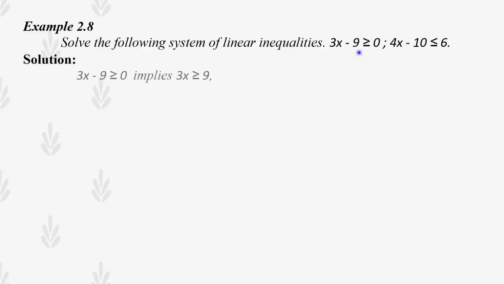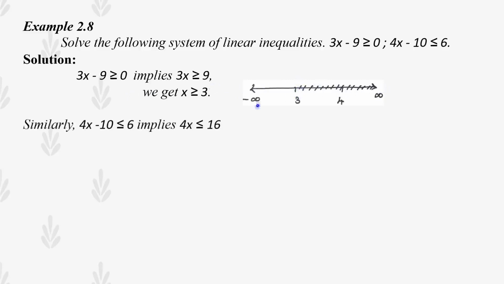Here the first inequality is 3x minus 9 greater than or equal to 0, which implies, taking minus 9 to this side as plus 9, we get 3x is greater than or equal to 9. From that, x is greater than or equal to 9 divided by 3. After cancellation, we get x greater than or equal to 3. On the number line, this is 3, and greater than or equal to 3 means after that 3 we have to shade. Next one is